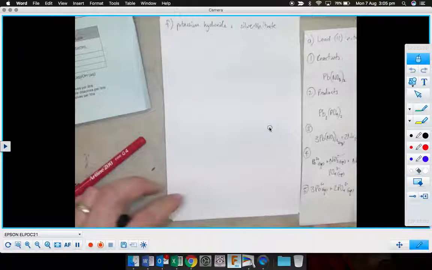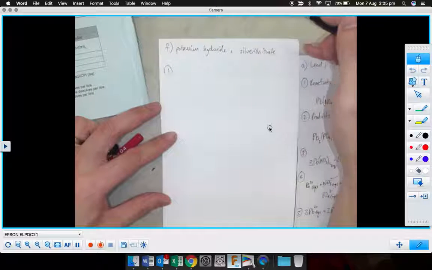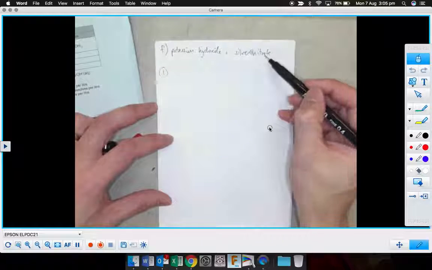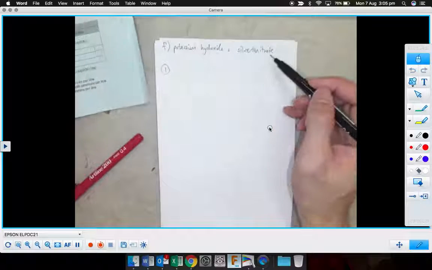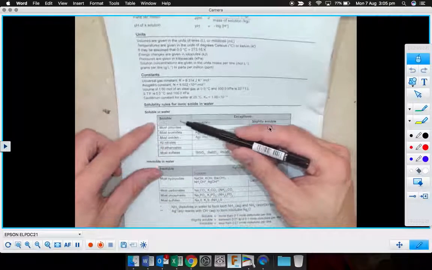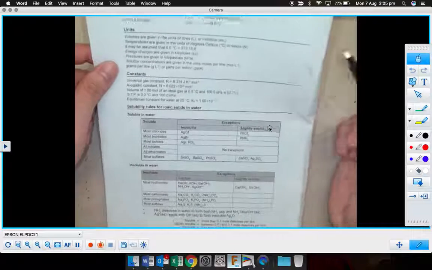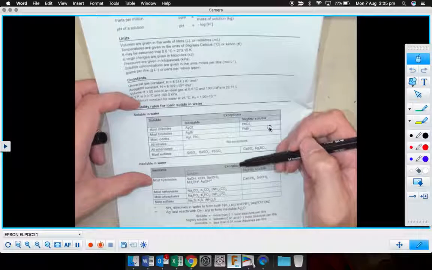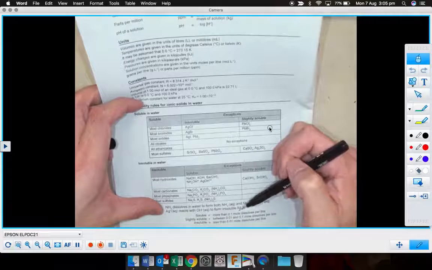So, potassium hydroxide and silver nitrate. We need to work out which of the products will precipitate. So we have potassium nitrate and silver hydroxide. Let's have a check. Potassium nitrate, will that precipitate? All nitrates are soluble with no exceptions. Then let's look at silver hydroxide. All hydroxides are insoluble except for silver hydroxide, which will react with OH- to form